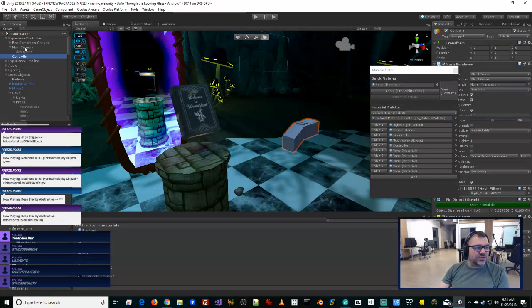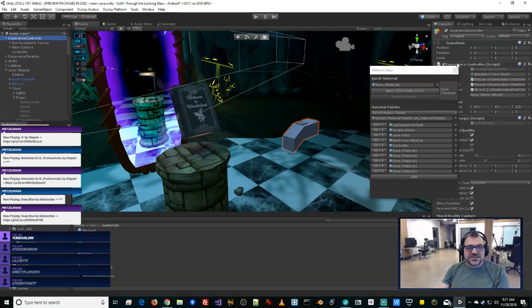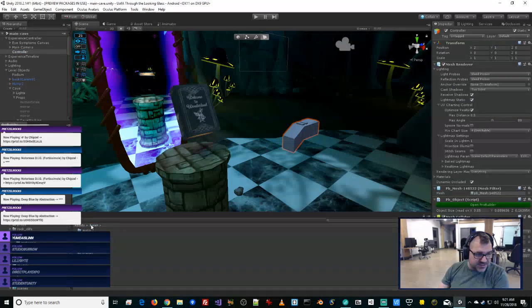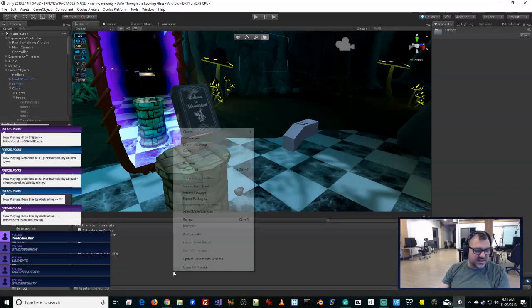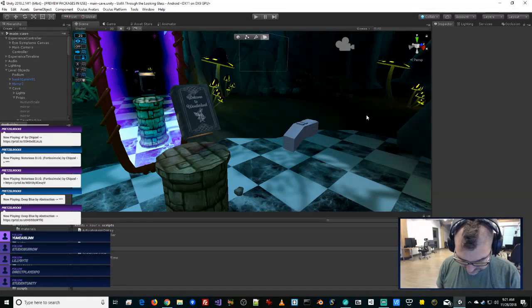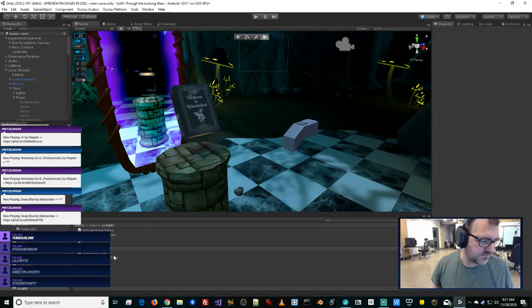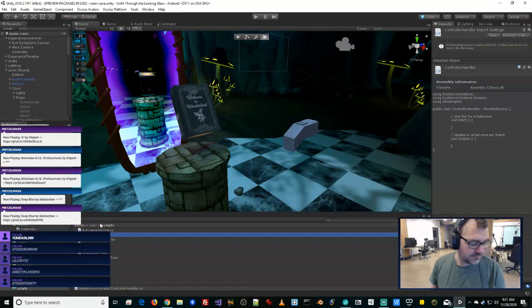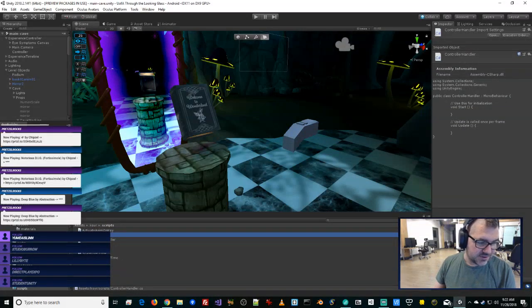Now the experience controller is what's set to persist. So we'll put it under that. And then we need to create a script to sync this up. So we're going to create a C# script. Controller handler. And we'll give that a second to generate. Good. Now that that's ready,